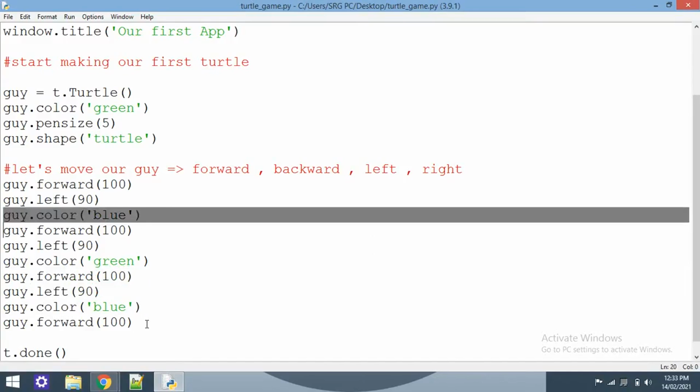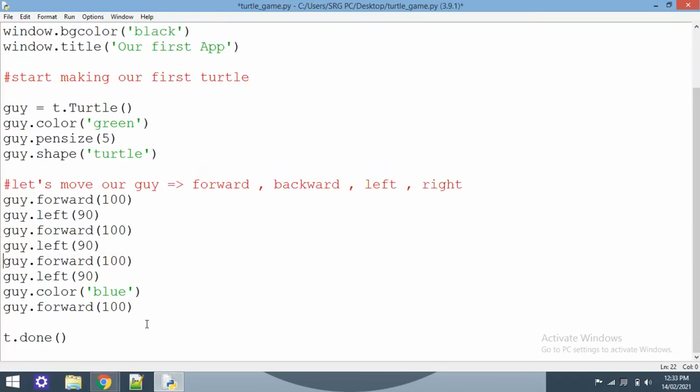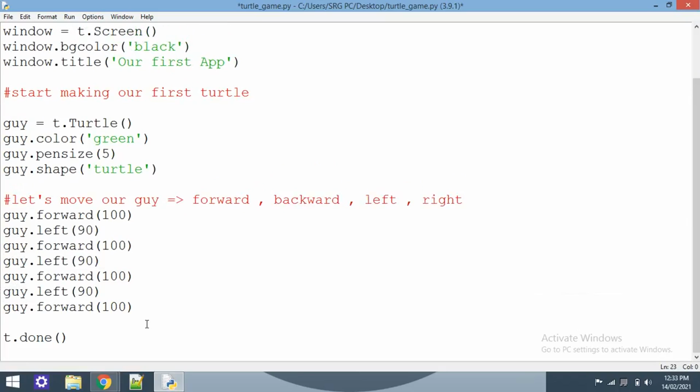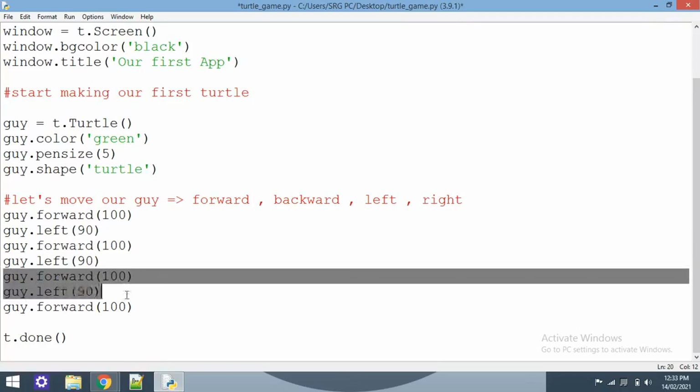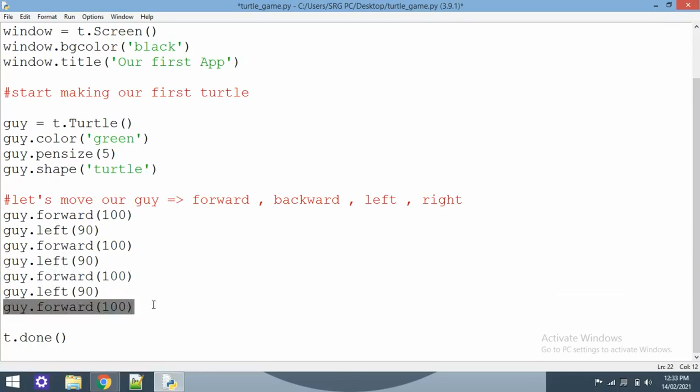Let's not change the color every time, so let's remove these lines. You can clearly see we have run it 1 time, 2 times, 3 times, and if you want to rotate again, it is completely 4 times. So you run the same command almost 4 times. So why don't we use loops here? That's why we have loops, right? We do not need to write again and again.